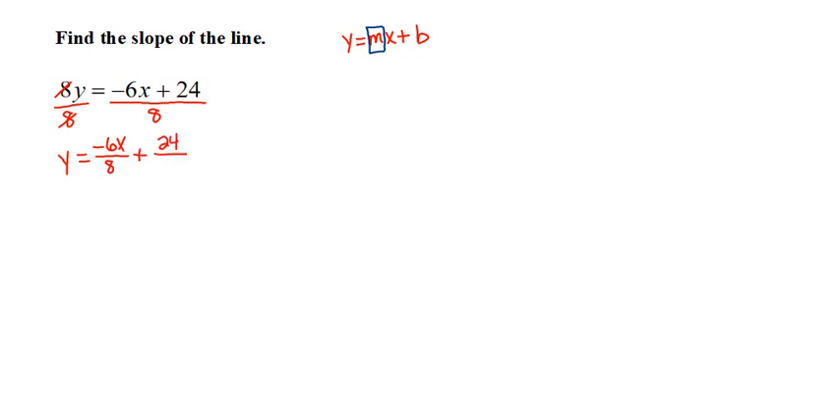So we take that large fraction and break it up into two smaller, more manageable fractions. Next, I'm going to bring my y down and say equals, and in this fraction we have negative 6x over 8. These numbers, negative 6 and 8, are both divisible by 2. So negative 6 divided by 2 gives me negative 3, still with the x, and 8 divided by 2 gives me 4. Now I have my plus sign, and 24 divided by 8 gives me